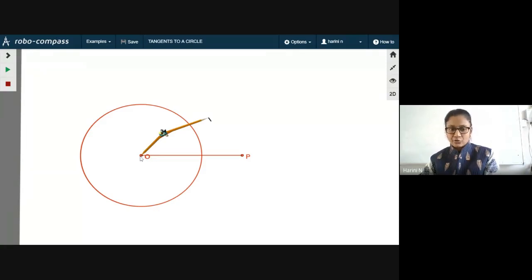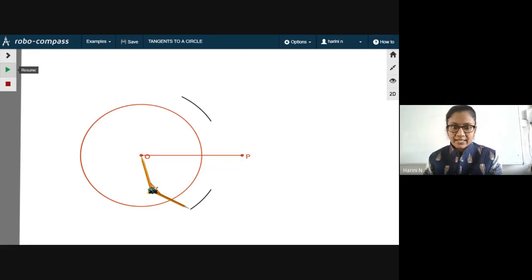OP is the segment which is getting bisected. So to do that, I have to take the compass, keep it at O, take a radius of more than half of OP. That means pull your compass very close to P. Then with that radius, cut an arc above OP, and with the same radius, cut an arc below also. Can you see? Those are the two arcs that I have drawn. So please do that carefully. With O as center and radius more than half of OP, I am cutting arcs both above and below OP.